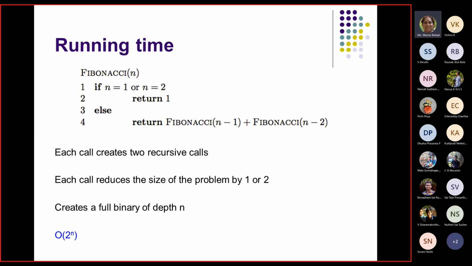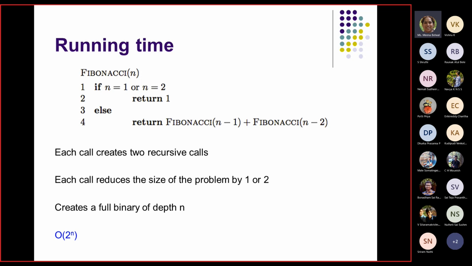So you are saying you should define something as Fibonacci of 0, but this is also fine. Whenever you want to know Fibonacci of 1 or Fibonacci of 2, you will directly return the answer as 1. So you can keep this as a constant or macro: Fibonacci 1 is 1 and Fibonacci 2 is 1. Otherwise you find Fibonacci of n minus 1 plus Fibonacci of n minus 2. So this is going to create a full binary tree, right? Yes, when fib of 2 is called, it will return 1. It won't calculate fib of n minus 1 plus 2.